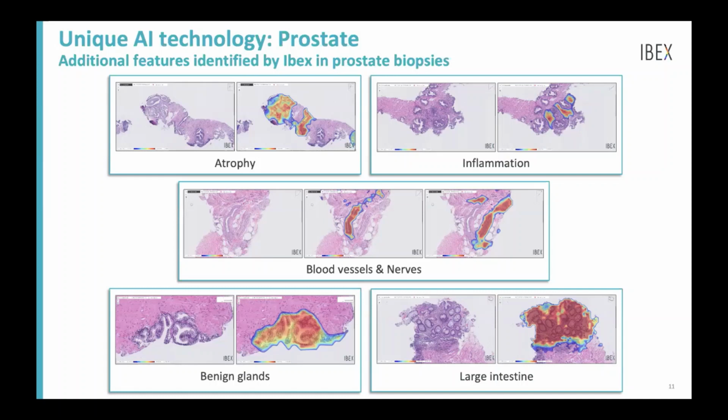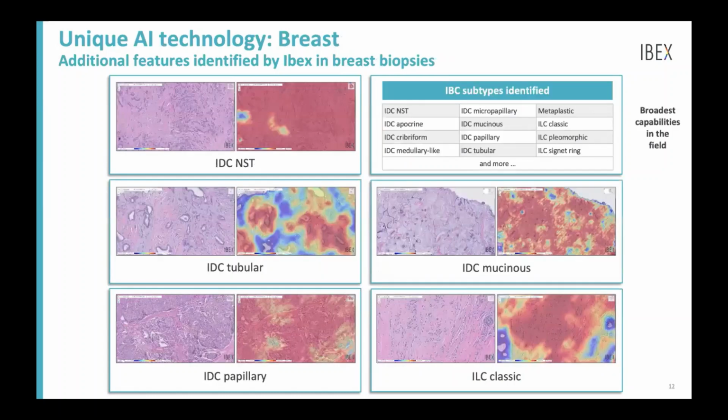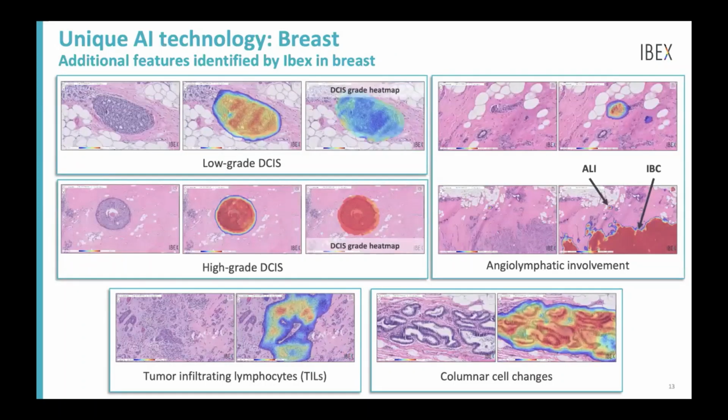We go beyond prostate to breast. We have many different examples of our AI's capability to differentiate between the various different subtypes, and even going beyond this to detect DCIS. And in the same way as we did in prostate, in breast, we can support in